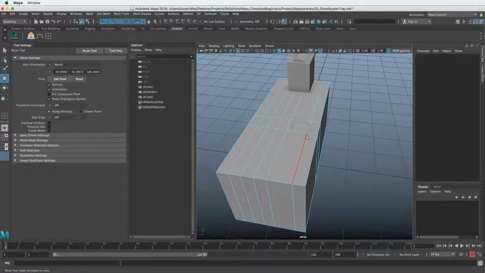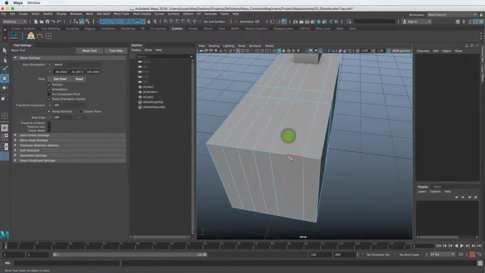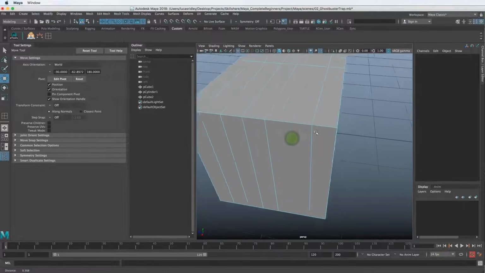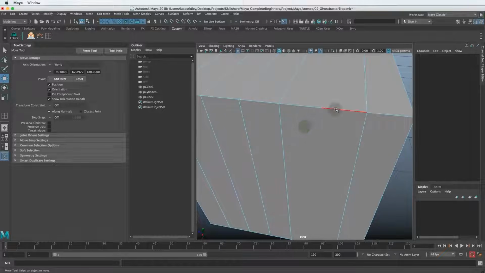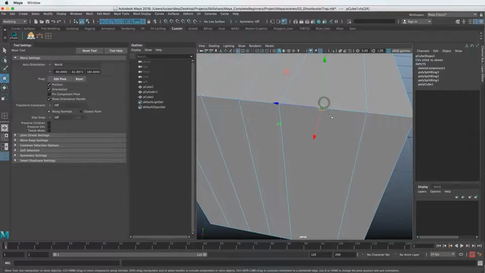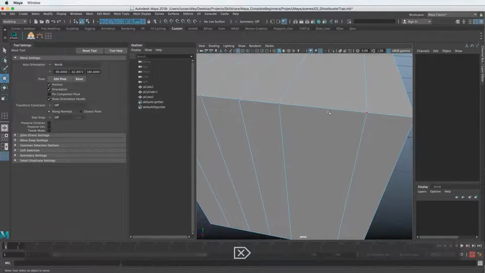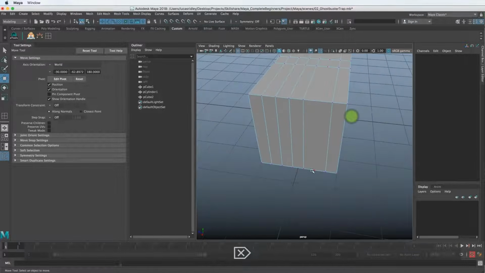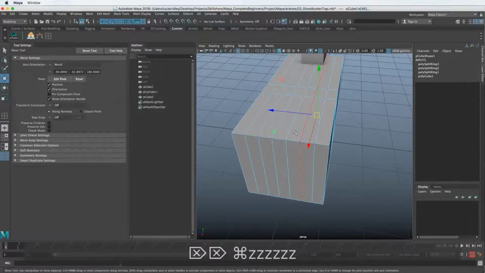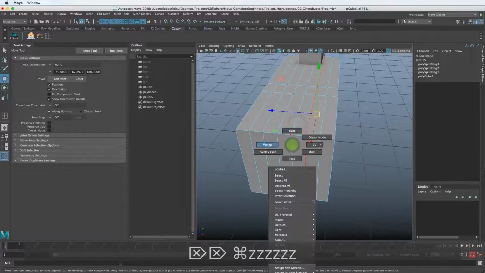But okay, so if I hit delete now, because I don't want that, now you can see it still has a division here, right? There's got to be a vertice here. Look, there's a vertice there. We don't want that vertice. So I could go through and delete each of those vertices like this, but they're on all the corners, and it's kind of stupid to have to do that. So let's undo this and get that edge loop back. And I'll show you the right way to do it.